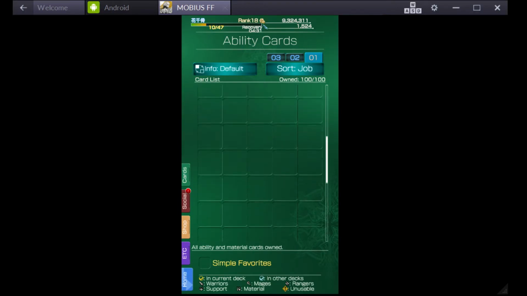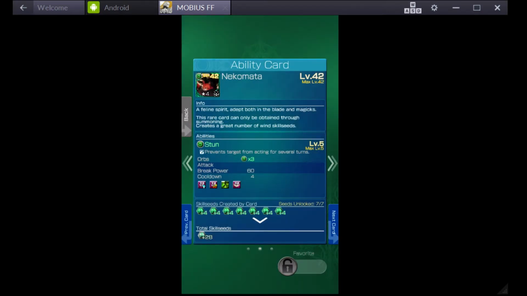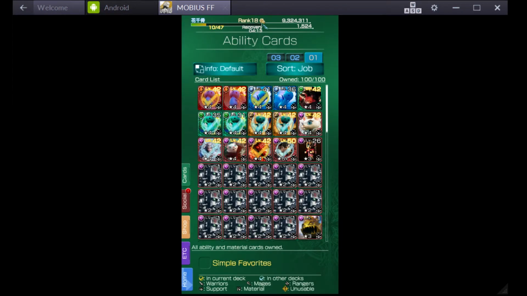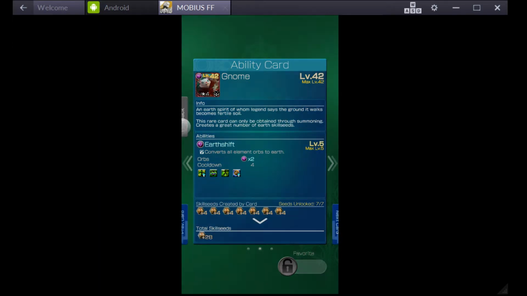So most of my healers are yeah, the ones that are not here are the ones that I just don't use. I've got Fire Poo-Poo, Water Poo-Poo, got a Neko Mata, so he's really good. Maxed out already, 4 stars. Got Earth Poo-Poo, Wind Poo-Poo, I've got Kate Stiff, 4 stars. Got Artemis, 4-star. Gnome. Got